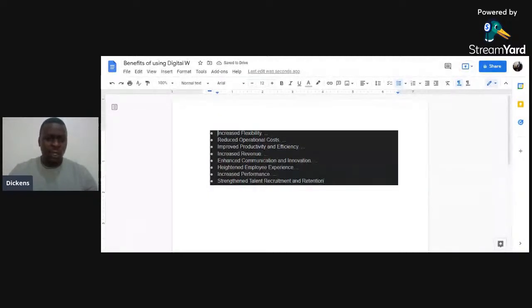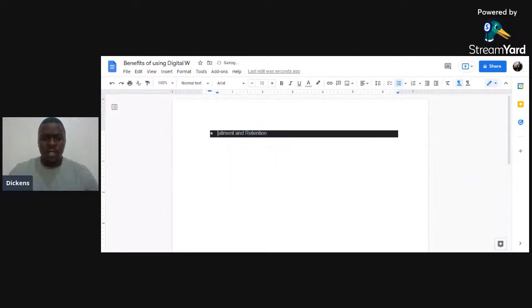Also, ladies and gentlemen, the Docs feature that comes with Google Workspace has features such as, let me just show you. And this I know might amaze most of us, because nowadays people have so much to do. I'm not saying we are lazy, but we are in a fast-moving world, and you might just be tired. You want to type a document, and Google Docs will give you an easy way out, ladies and gentlemen. So when you come to tools here,